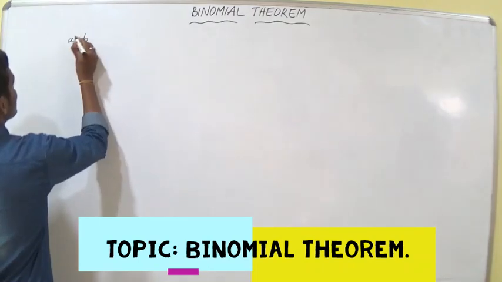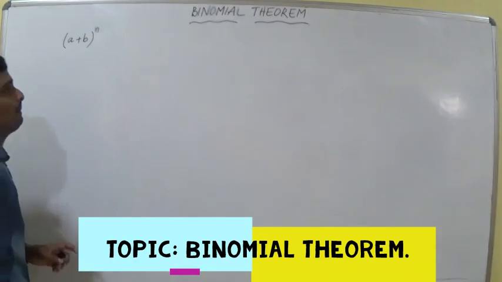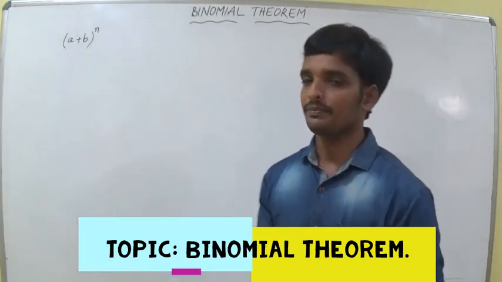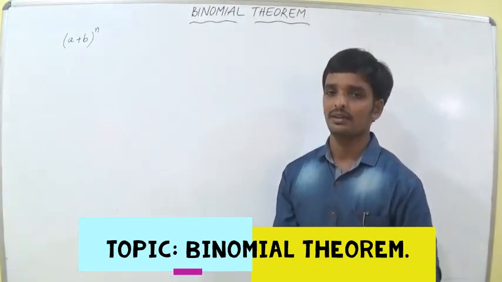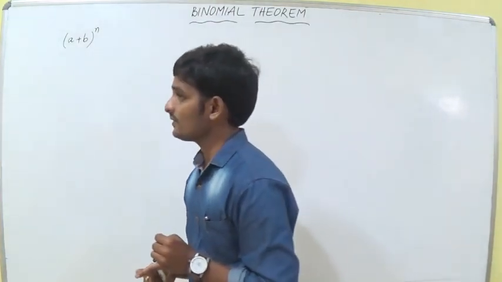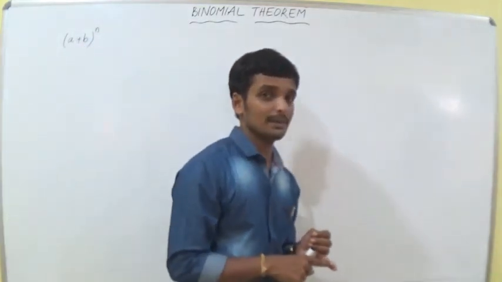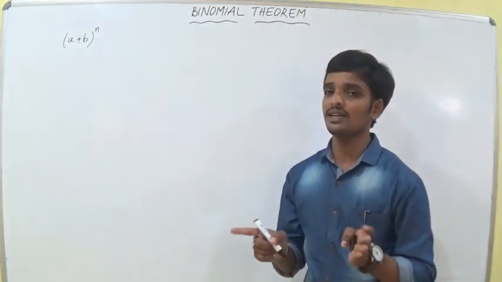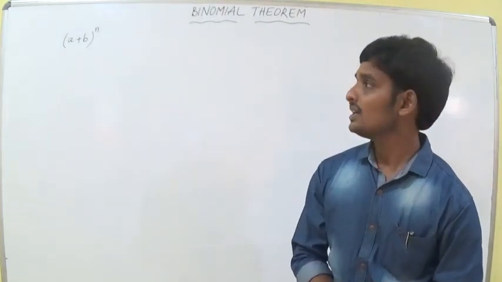In the last class we observed the expansion form of the binomial theorem. We observed 4 important points. First, we observed the summation formula and the number of terms. If the degree of the indices of a plus b, a binomial term, is n, it has n plus 1 terms, and that is the second point. And the third point, the equidistance from the points, and we discussed these points in that class.